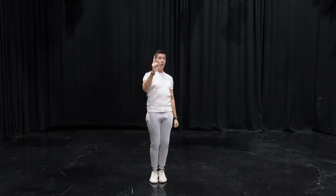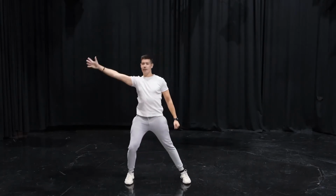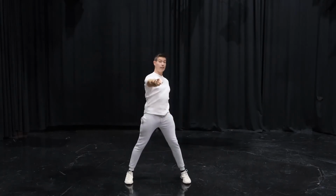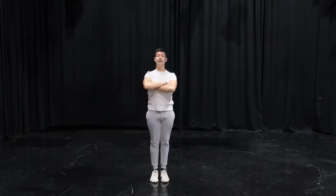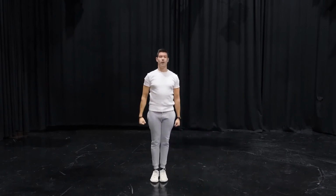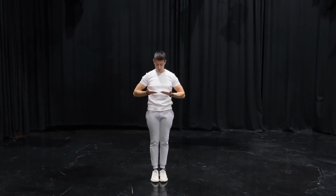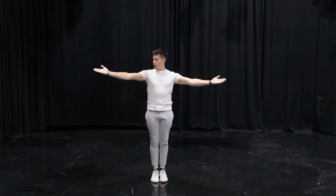So I'll do that one more time from the top. We're going to stretch up. We're going to wave, wave, point. We're going to stretch out, cross our arms, go to the other side, stretch out, and arms by your side. Very good. Then we're going to bring 2 arms right out to the front and stretch it all the way